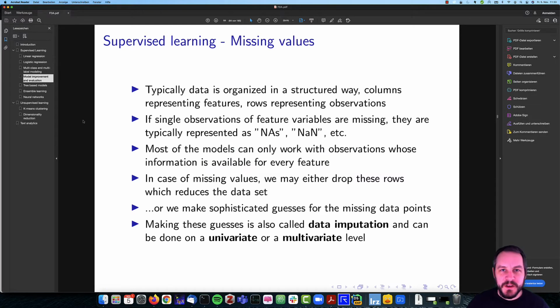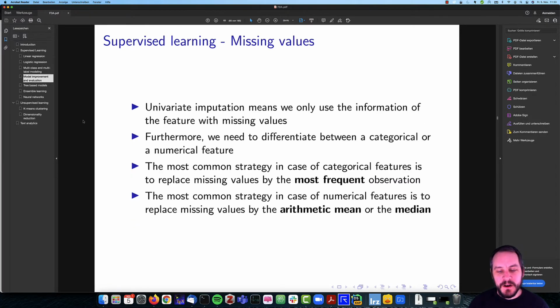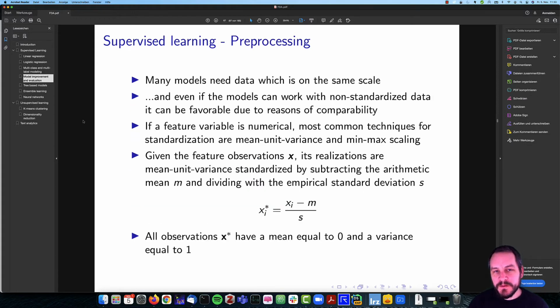So this is the first thing you may want to look at when you have a data set. Then what also has to be done, usually for most of the models we are using, and, in my experience, even though it's not mandatory for the model of your choice, it can still be valuable, is pre-processing all the variables, in the sense that we want to scale the variables. We want to bring each feature variable to the same comparable numerical range. Usually this comes along with numerical stability in the estimation process of the models, and it also makes the comparison regarding the feature impact